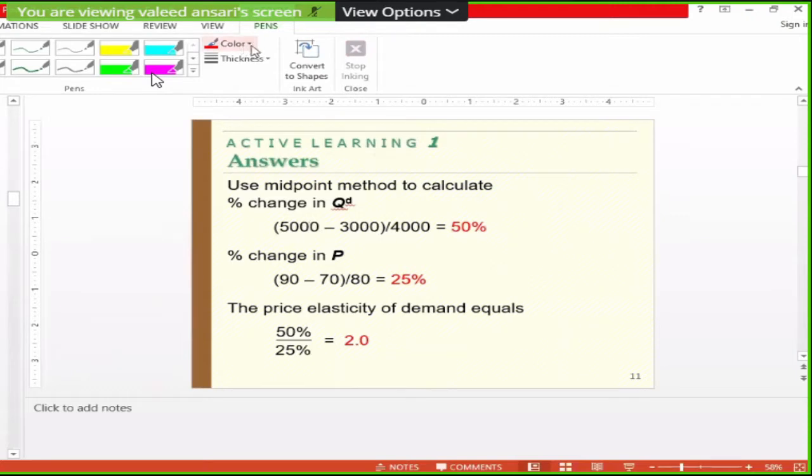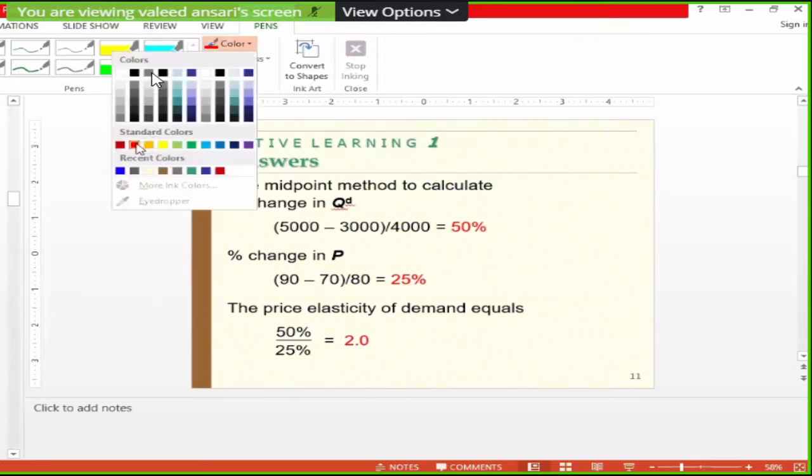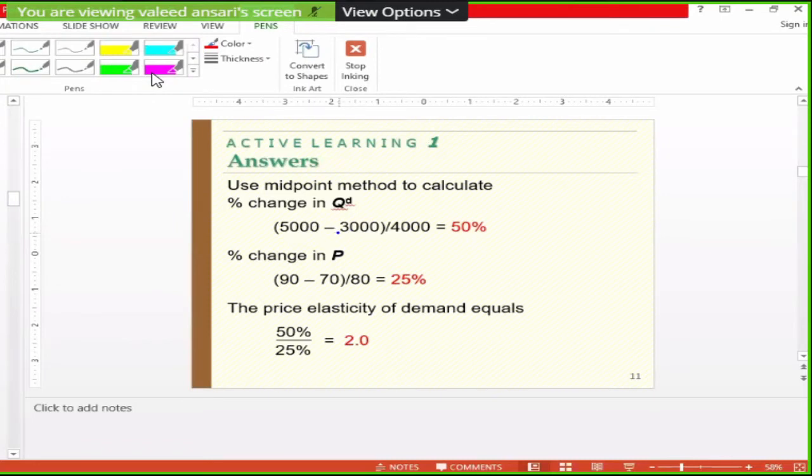The other thing I have explained there is the calculations. Naturally it is 2000 over the average, that is 50%, and in the case of fall, it will be minus 50%. So in either case you calculate it, one will be positive, another will be negative. So on account of this, now percentage change in quantity demanded, this part, divided by percentage change in price. So we have arrived at this in this way. So here we find that the coefficient is 2. It is a number which is telling us that demand is elastic.